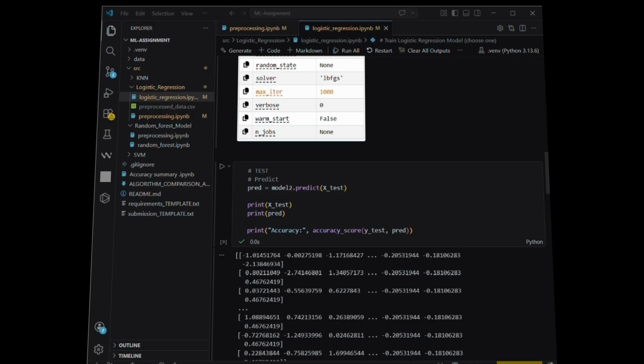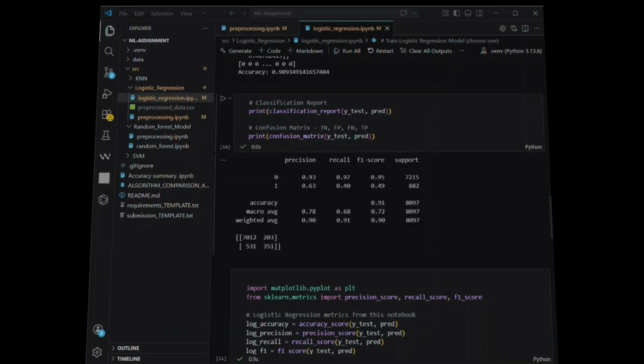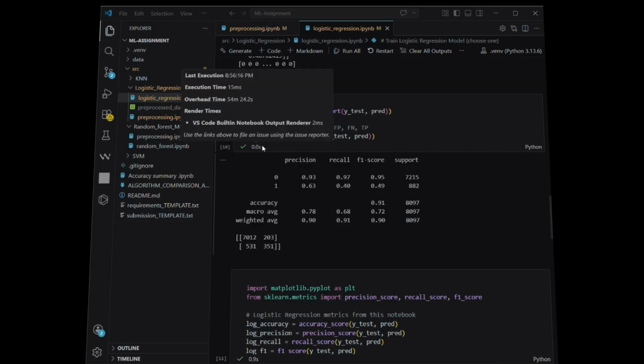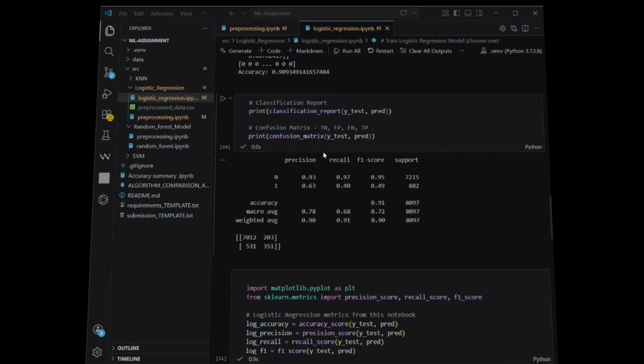Here, I calculate the accuracy score. In this step, I generate a classification report. It includes precision, recall, and F1 score. These metrics give a better understanding of model performance. Here, I display the confusion matrix. It shows how many predictions are